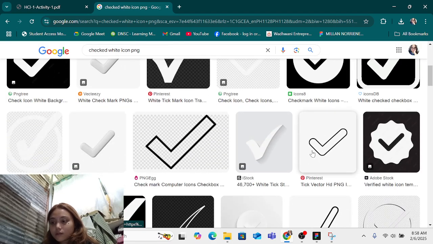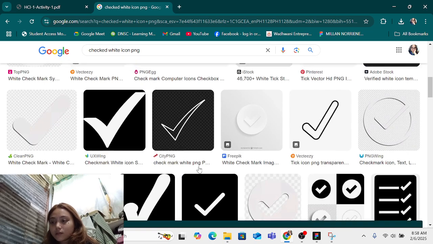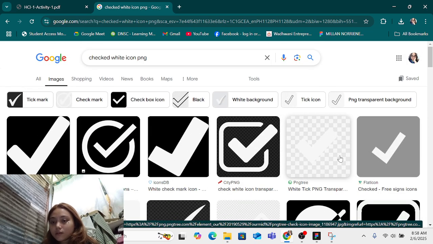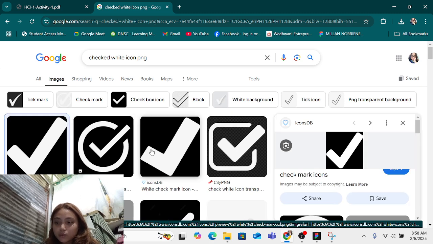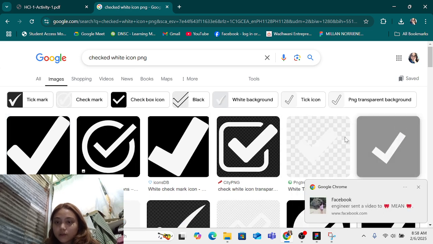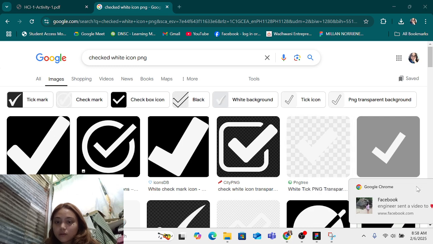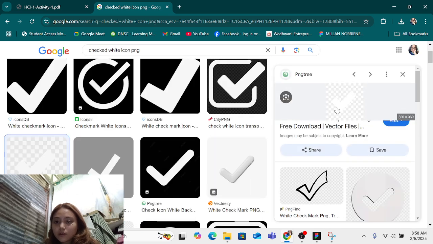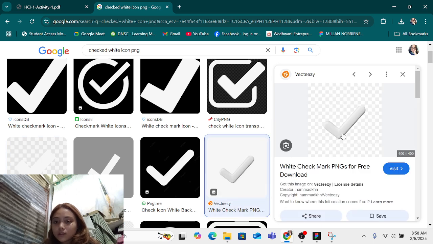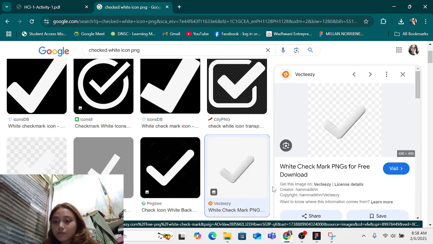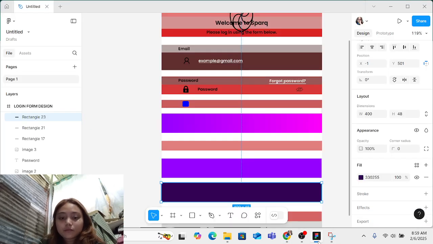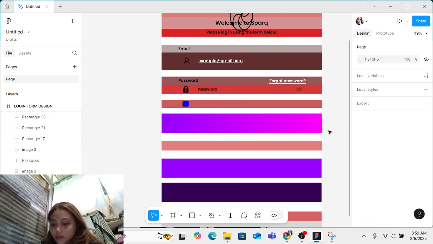Let's find one that matches. Here. Wait, actually just one. Let's try this and copy. Then back at the Figma and paste it.